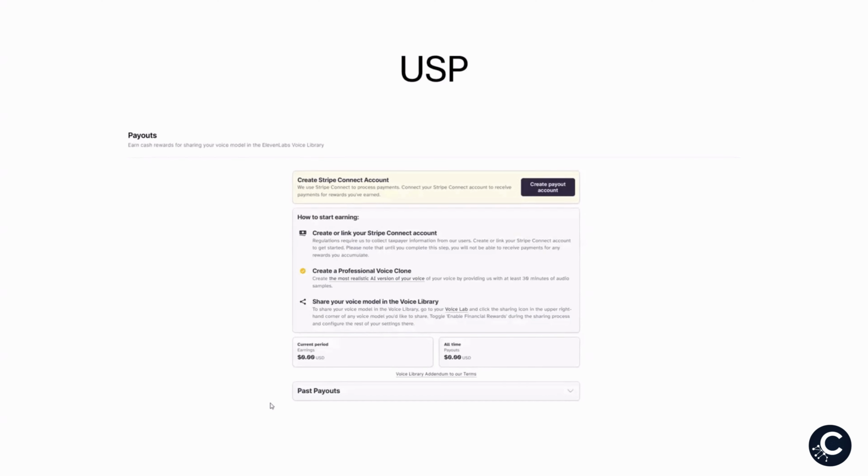So, if you're not a voiceover artist and you're not looking to give people access to your voiceover talent, you're probably going to be using 11 Labs in order to use for your content. Doesn't make a lot of sense that you would be making that voice available. But if that is something that you're interested in doing, you can make that voice available in their voice library. And if someone decides to use it over and over again, you can be paid. So you can get connected using Stripe or PayPal and your bank account, and then they will set you up.